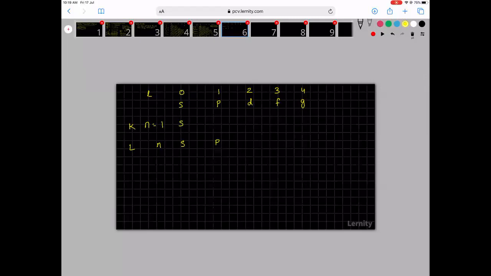Okay. So here you have S, you have P, you have D. Then here, this is n is equal to 2. This is n is equal to 3. This is n is equal to 4. So here you have S, P, D, and F. Then you have 5. You have S, P, D, F, and G. Then you have 6. You have S, P, D, F, G, and those of you who want it, you may put an H also.